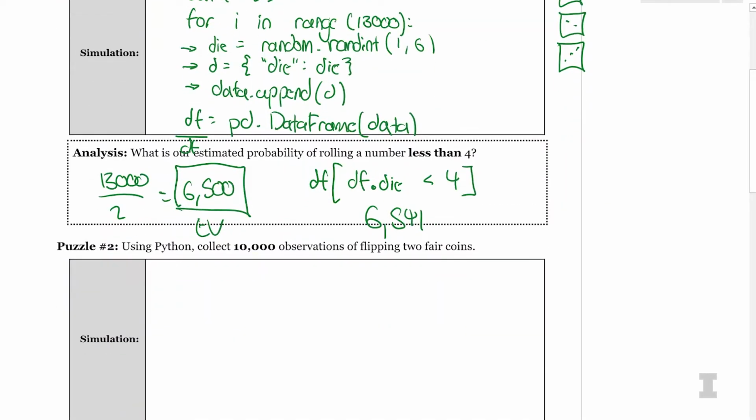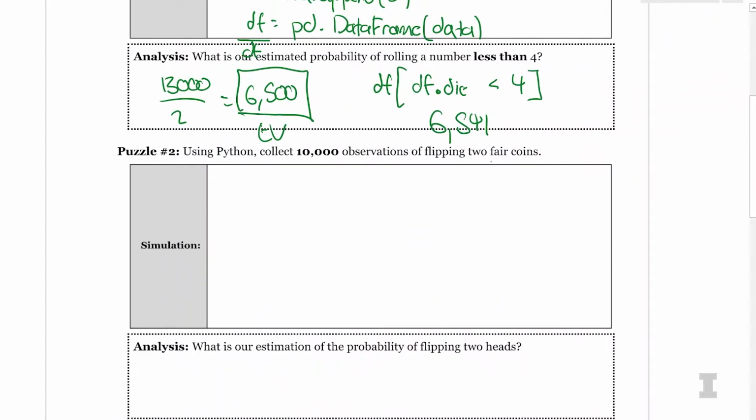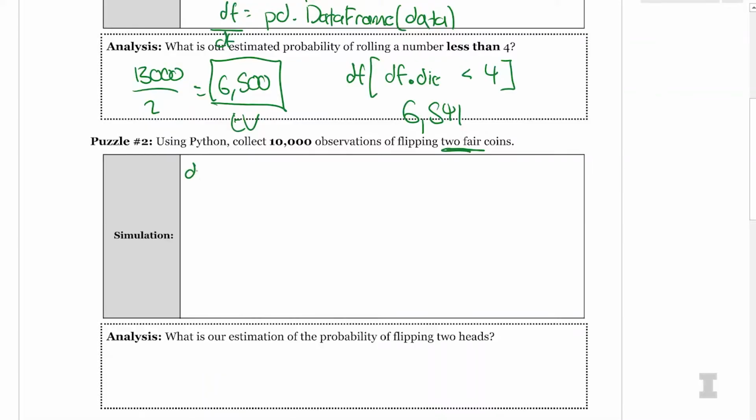So, a second question. Using Python, collect 10,000 observations of flipping 2 fair coins. Ooh. So we have 2 fair coins happening now. So I'm going to go ahead and use the same pattern. So data is equal to an empty list. For i in range, here we're doing 10,000 simulations. And then now we have 2 real world events. We have 2 coins that we have to flip. So I'm going to call this coin1 is equal to